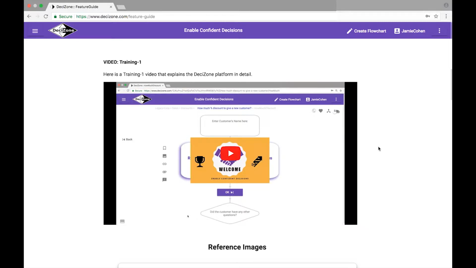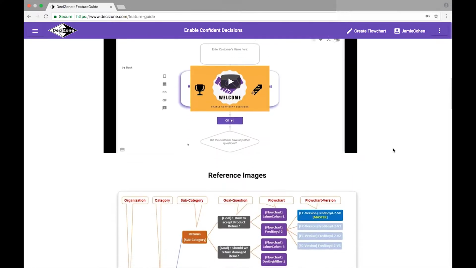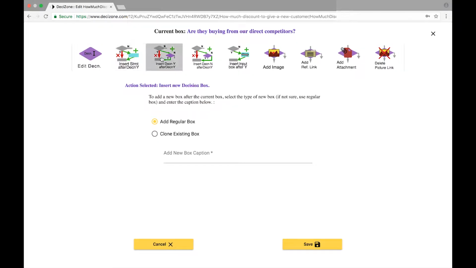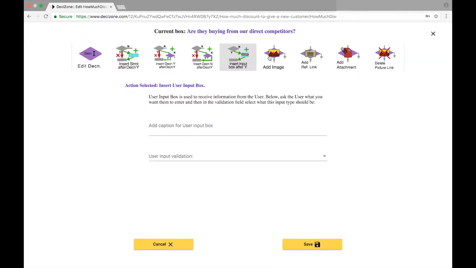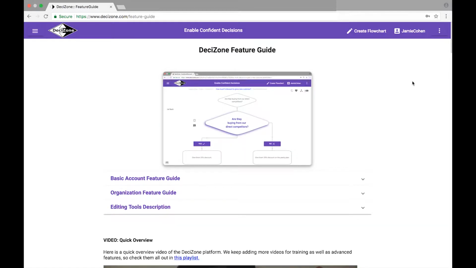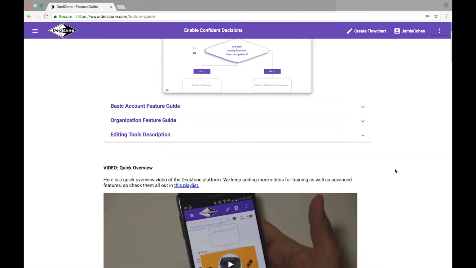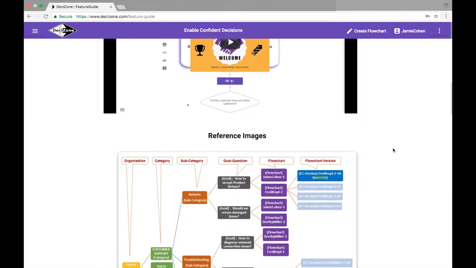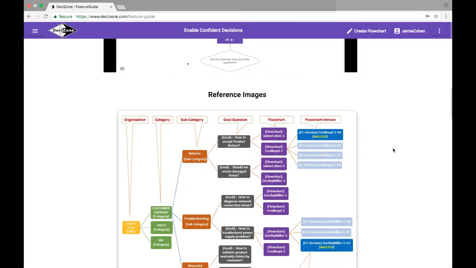In this video, we are going to build upon the basic concepts discussed in our Training 1 and get a detailed look at the DeciZone flowchart editor. We will also look at how to manage your content as well as managing access to that content. Before we start, let's briefly recap a few basics. Throughout the video, we will be referring to topics explained in the feature guide, so feel free to refer to